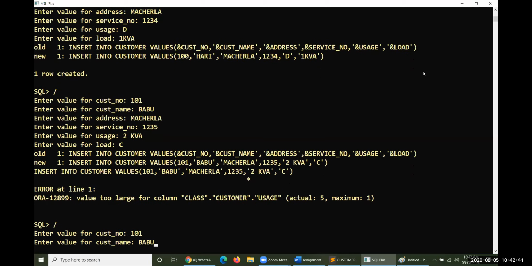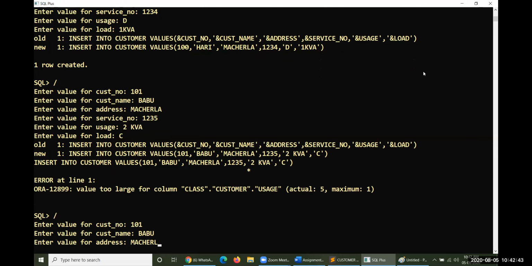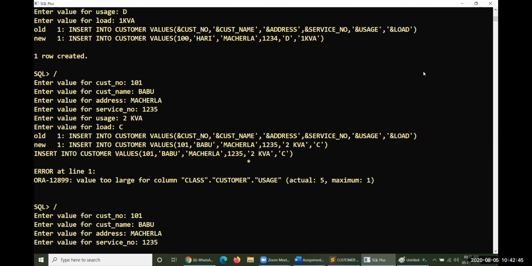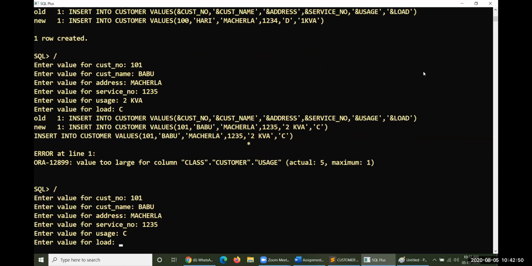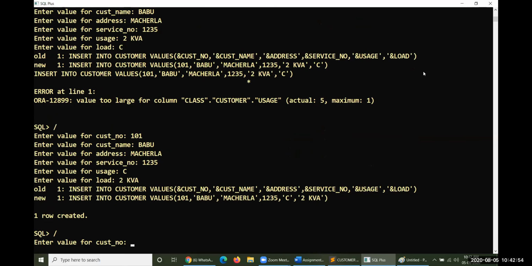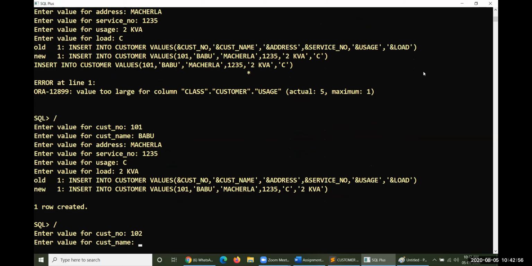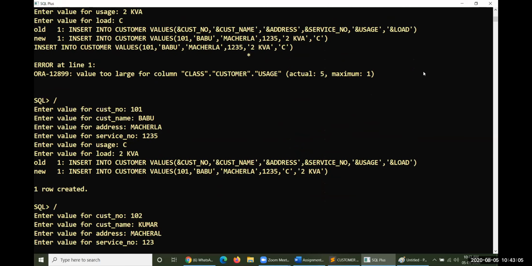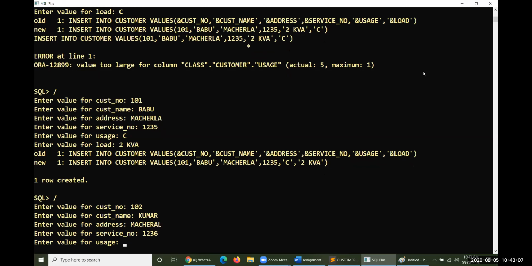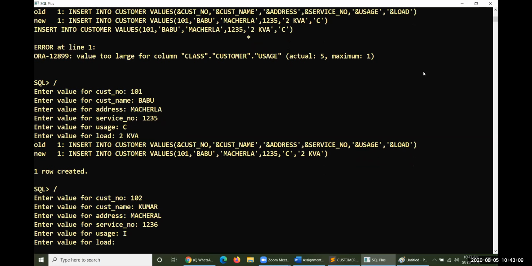101. Babu is the name. Macharla, 1235. And then 1235 is the service number. Usage is commercial. So 2 kVA. Okay, then followed by 102. Kumar, then address is again Macharla, 1236, and then usage is industrial, load is 12 kVA.